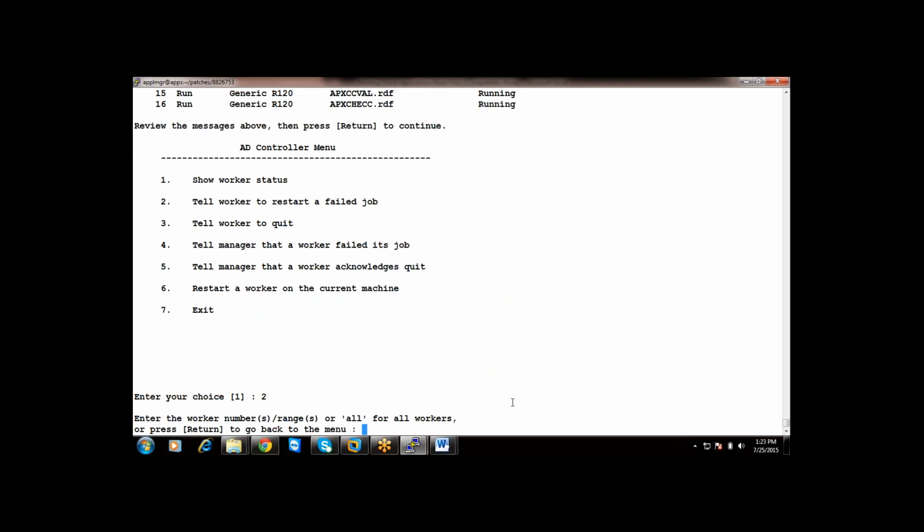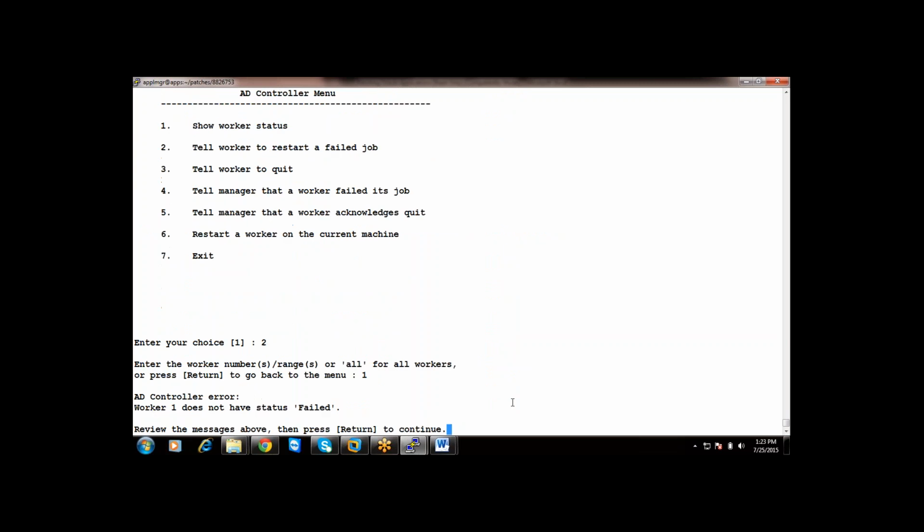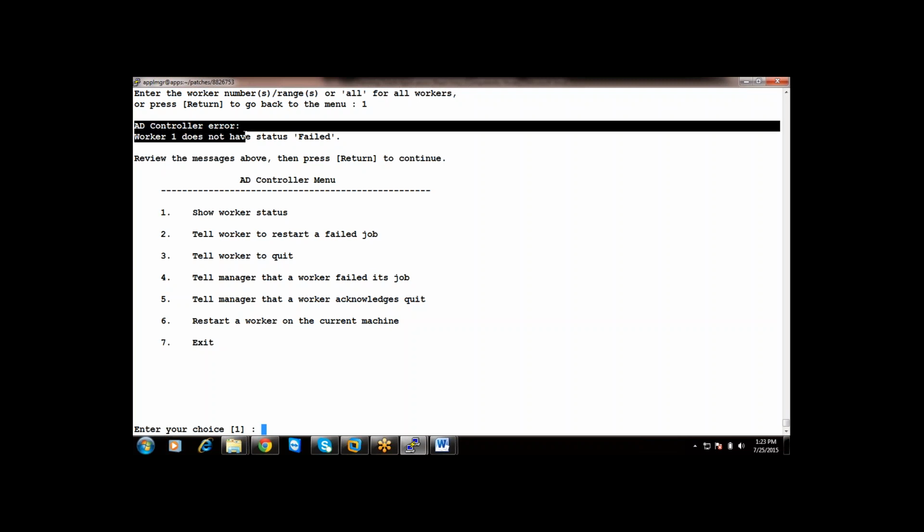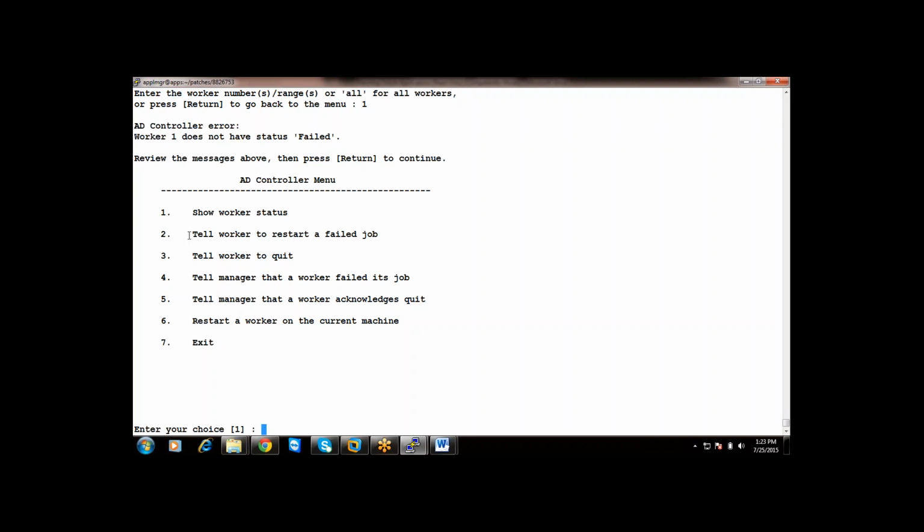Enter the worker numbers range. Do you want to inform all the workers or only one worker? Only one worker, this is just an example. See, AD controller error: worker 1 does not have status failed.